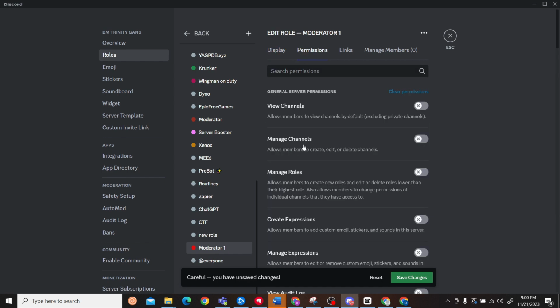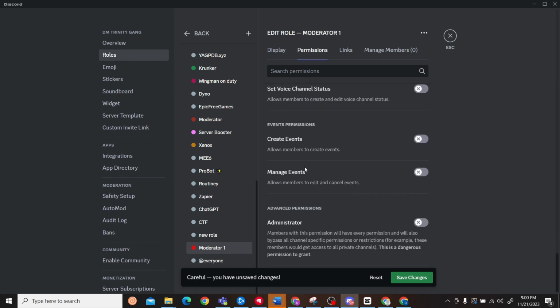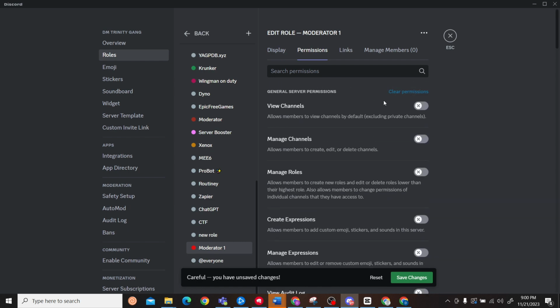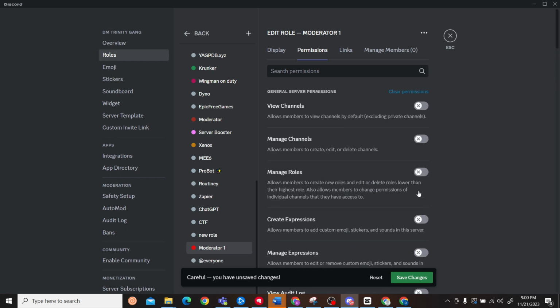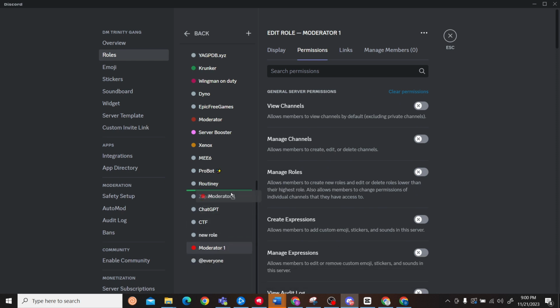So over here you can see you can manage various permissions. Now if you want, you can give some permissions such as kick members, ban members, or manage members. Now all you have to do is click on save changes and make sure you